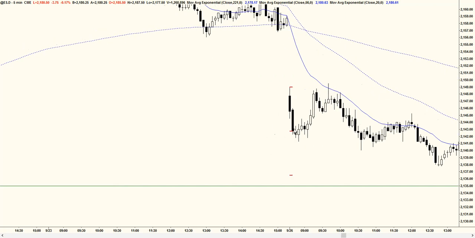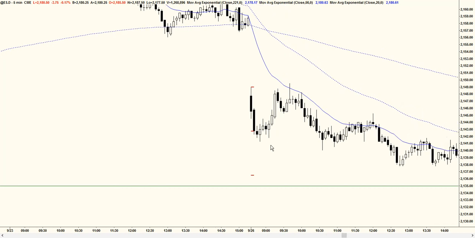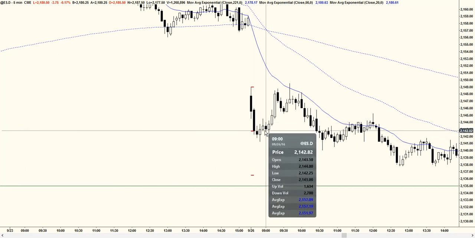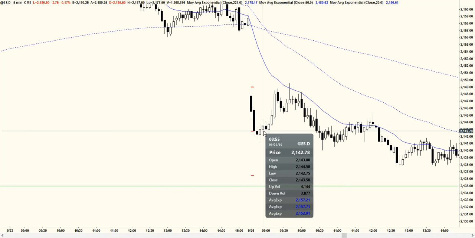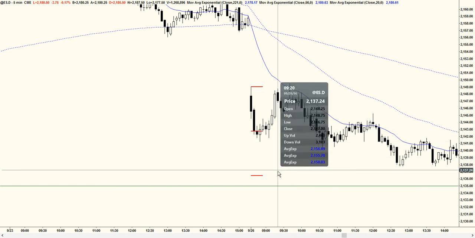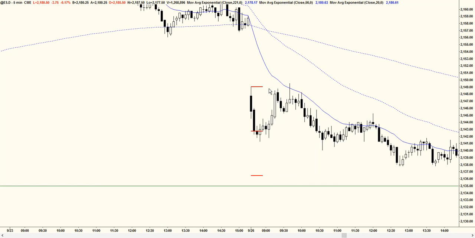Ask yourself two things. In fact, before you do that, ask yourself over here, would you rather sell this low one with a stop up here and a target at a 1-to-1? So in other words, would you rather sell this low, stop up here, target down here, or would you rather buy this low with a wide stop down here and target up here? Which one has better math? If you were forced to pick one or the other, which would you pick?